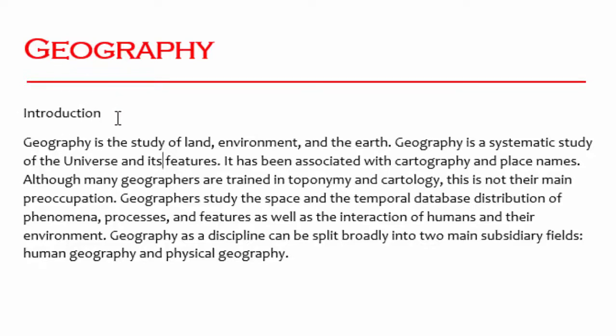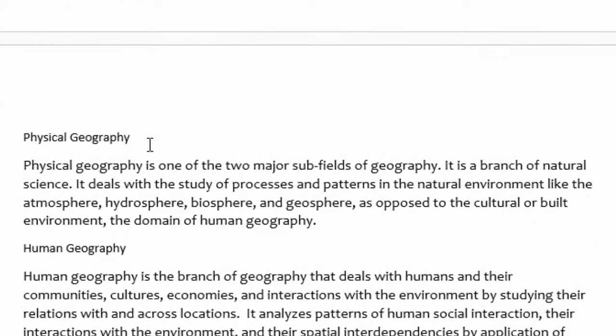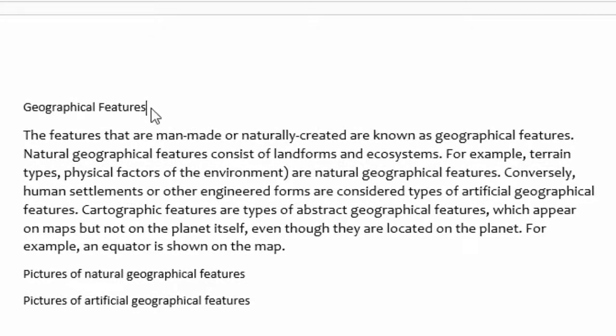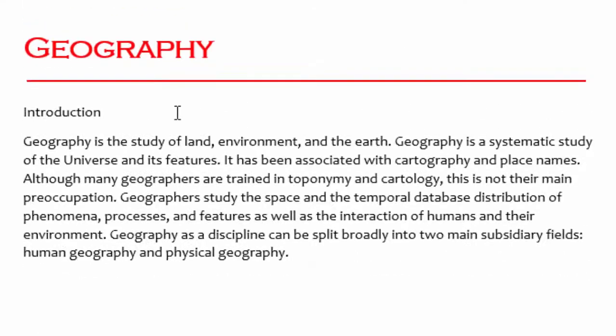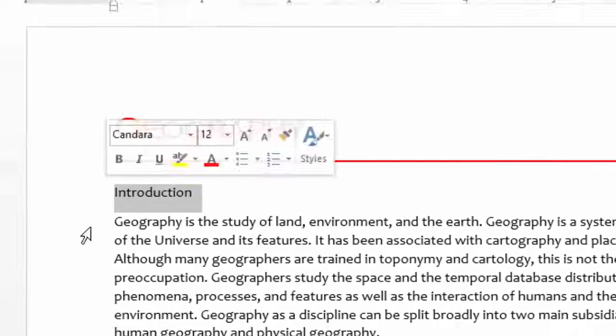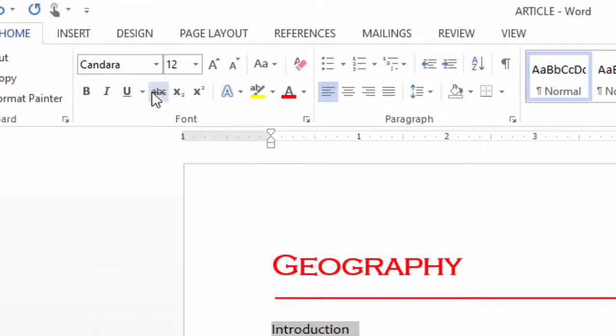Now I will have several subheadings. This is a subheading, this one, that one, this one is also a subheading. I want all my subheadings to have one style. So I will simply select my first subheading and choose here the font. I want Verdana for the subheadings,